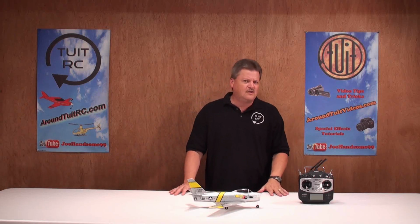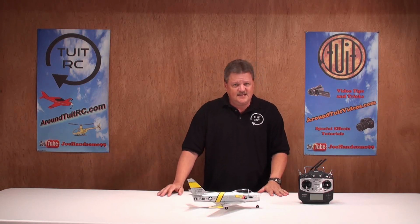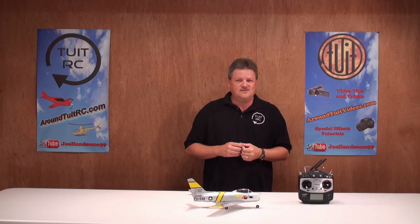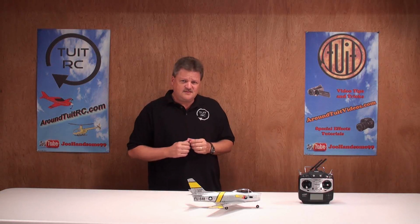So, this leads me up to who would I recommend this airplane to? I wouldn't really recommend this for the beginner pilot just because it's an EDF, it's a jet, and it's a micro. All those things added together would make this an intermediate to advanced flyer airplane, and that's who I'd recommend it to. And I think you guys out there are going to have a blast with this airplane